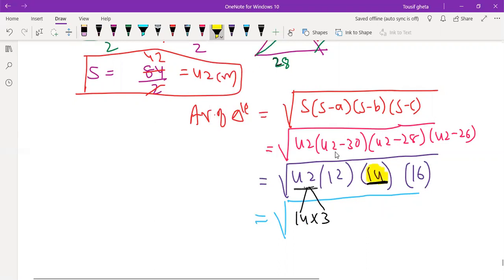Correct now? So 14 threes are. That is my plan. Okay. According to us, we can do. However, the 16 will come as 4 square only. Correct now? 16 is a perfect square, so I can write 4 square for 16. Right? 16 is 4 square. We will write that. And this we will write as 4 threes are 12. And this is 4 square.